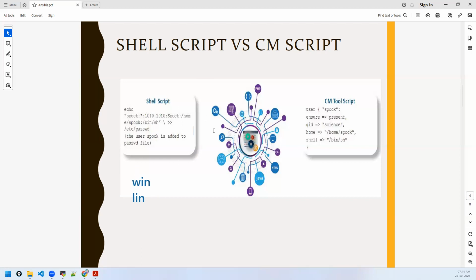So let's suppose you write some shell script to automate the configuration on Windows. Okay, you have to write a separate script for Windows and Linux and so on, right? But that's not the case with configuration management tool script. If you write a script, a single script can automate the entire infrastructure, including Windows and Linux servers as well. You have different ways to do this, and that's completely possible. Whereas if you rely on shell script, yes, you should be writing a separate script for each of them, right? So those are the differences between using a shell script and the configuration management tool script.